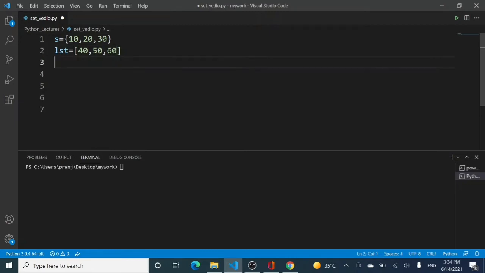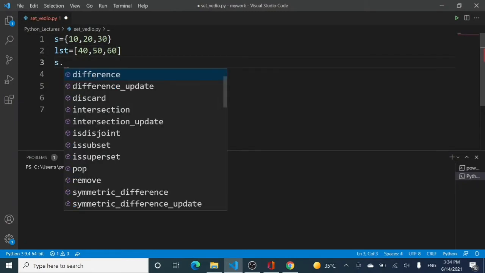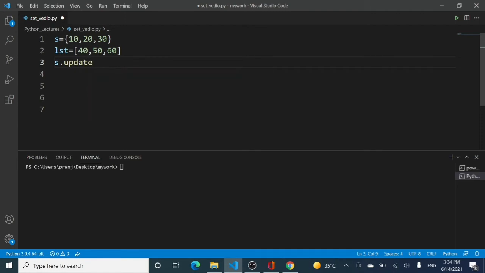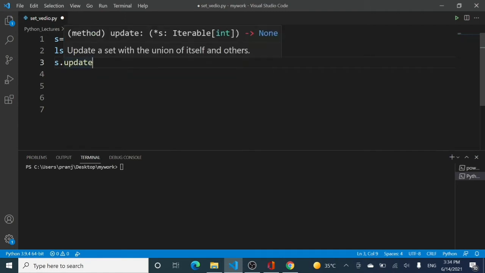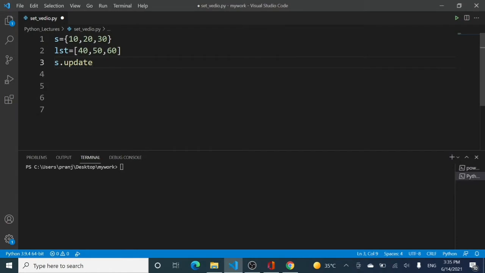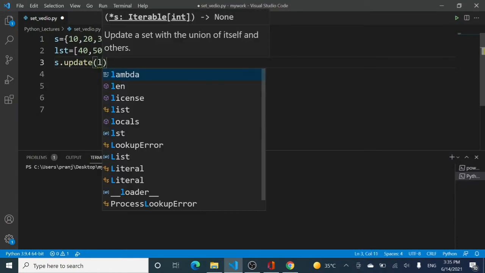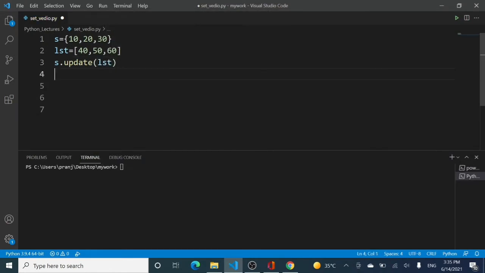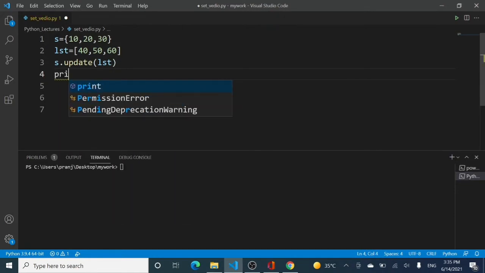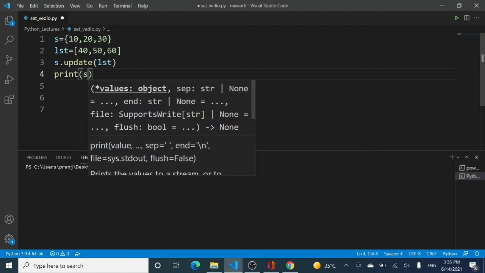And what I'm going to do over here is call the update method, right? If I put my cursor over it, you can see it says update a set with the union of itself and others, right? So in the parameters, I will be writing list first, and just first printing the value of S now.